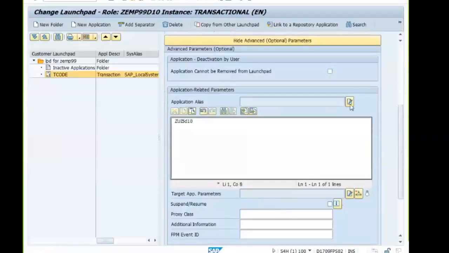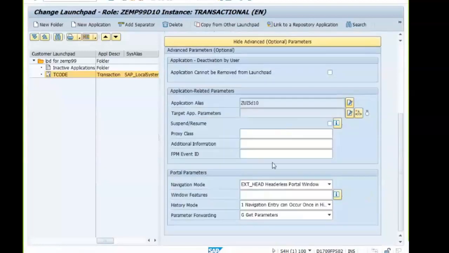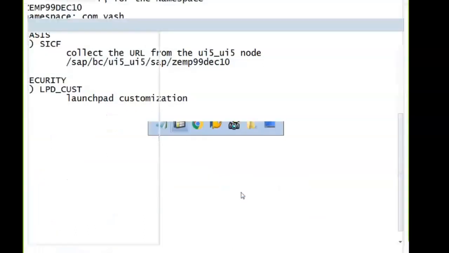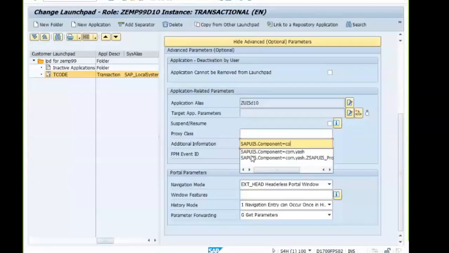And the additional information SAP UFI dot component is equal to the namespace. com.emacs is the namespace we have used. Save.